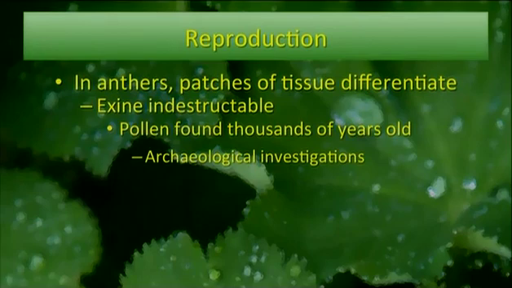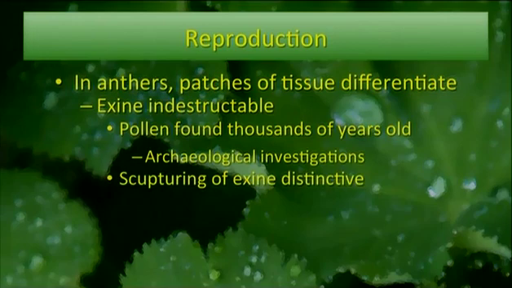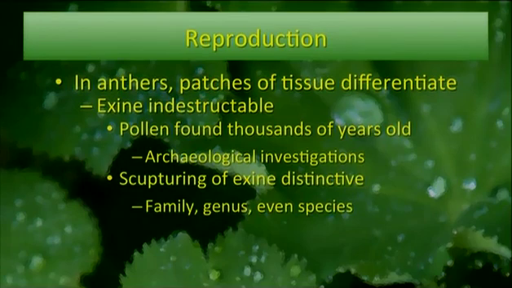They're crucial because the sculpturing of the exine is distinctive, so you can actually differentiate between different families, different genera, even between different species in the same genus. So you can actually use these pollen grains for forensic investigations, like for criminal cases, such as somebody brushing against some pollen somewhere, getting it on their clothes, and then saying they've never been there, but then they find pollen from the plant on their clothes, showing that they might have been there at some time, even if it's not necessarily at the time that the prosecution is saying. So it's very important.